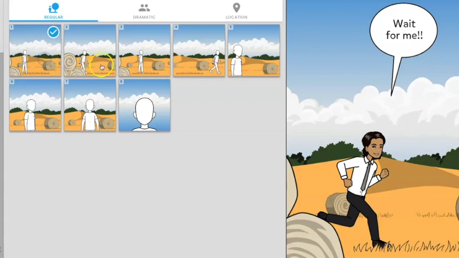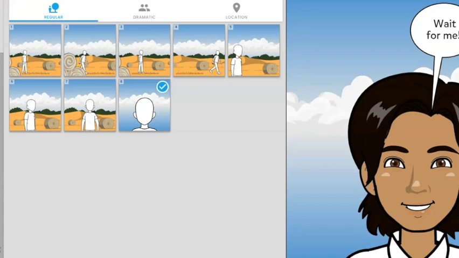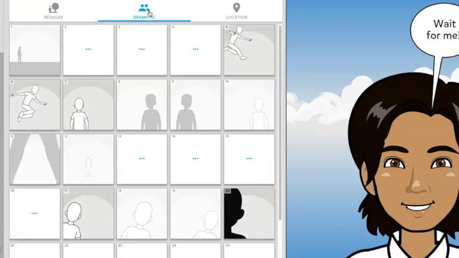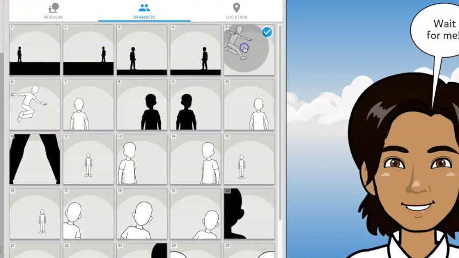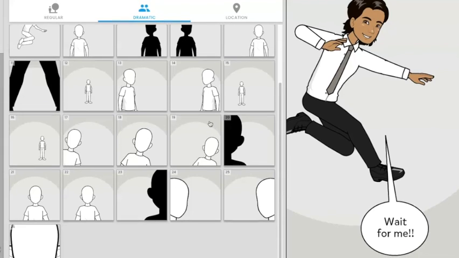It could be the one I have now, or you can change it to be more like a zoom in, super close up, or even a dramatic scene. So you have a lot of different options when you're using Pixton.